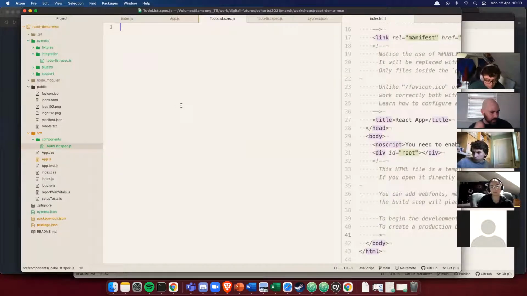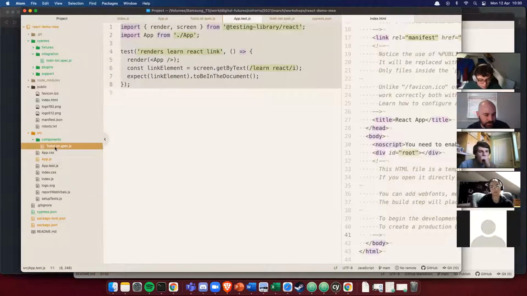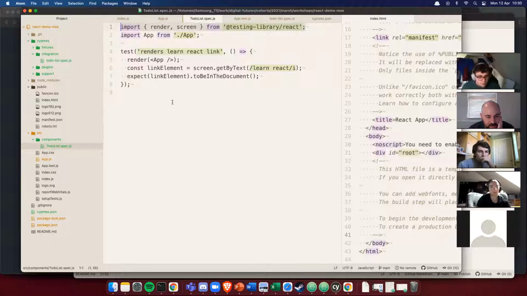And if you have a look at the test here, I guess they call it test, but the default is test. We're going to do something like this. So I'm going to copy this over into the file, and I'll explain what's happening. So at the top here is the import statement that we need to render components and then assert what they look like. So underneath the hood, testing library, as you can see from that statement, builds a version of your component and then has like a shadow